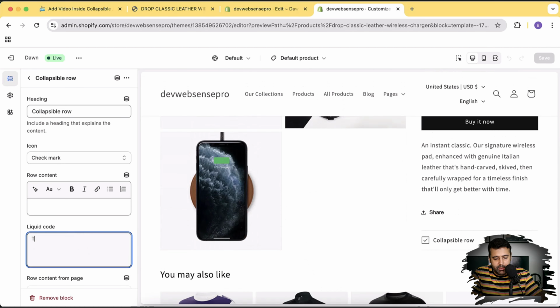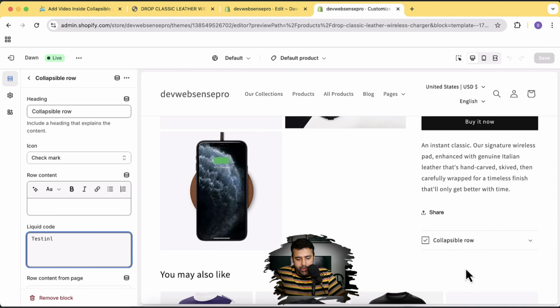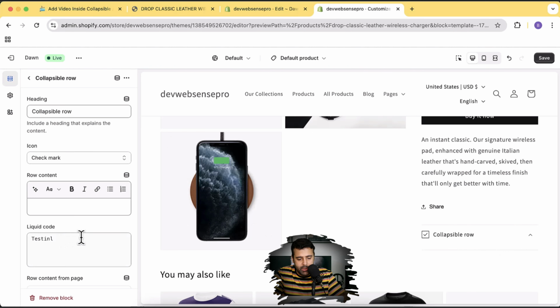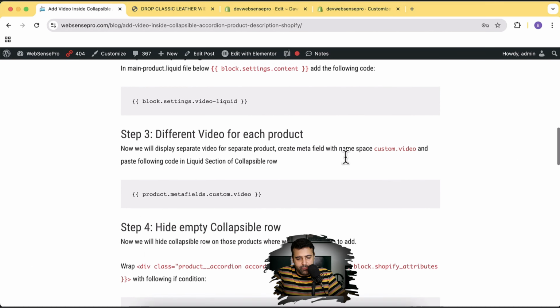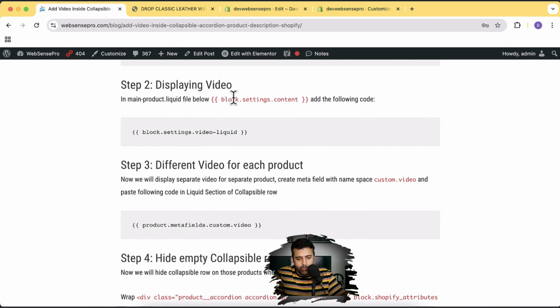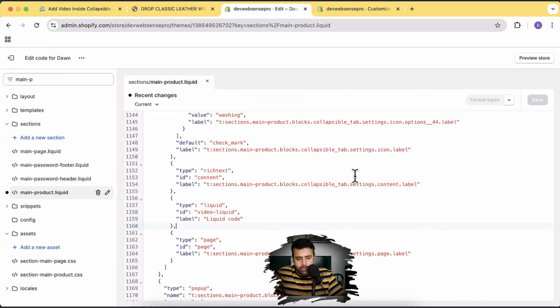So if I add anything in this liquid code, it's not going to change anything here because we haven't added a display for this liquid code field. So let's add that. And this is the second step for displaying video. We will be searching for this code in the main-product.liquid file and then add this code. Okay, so let's search for this. I'm just going to copy that, search it within the code,